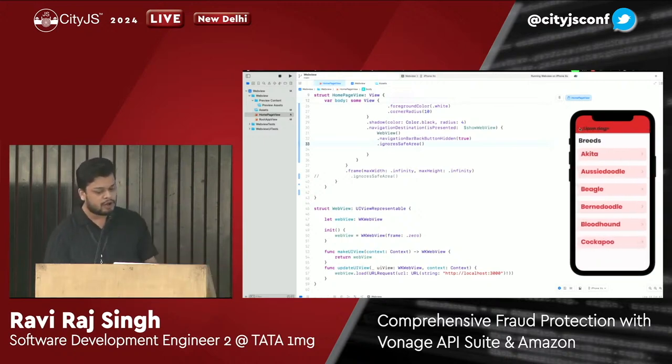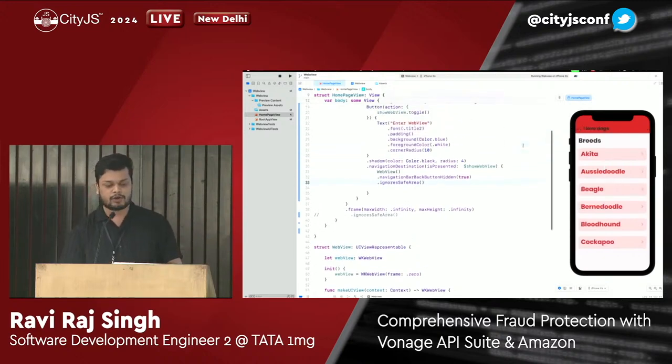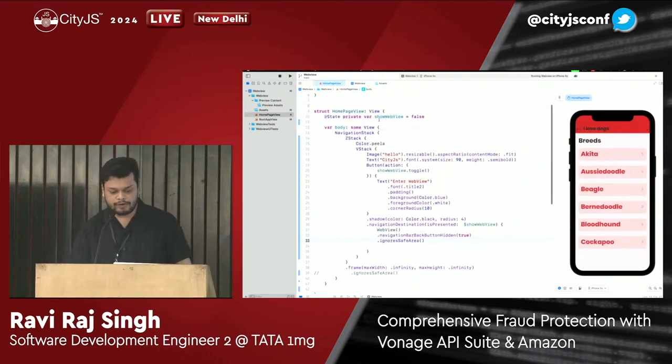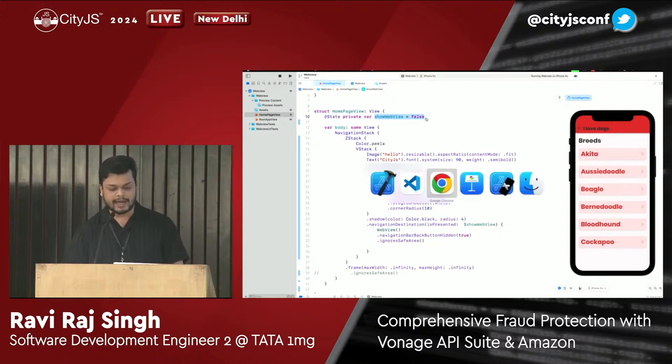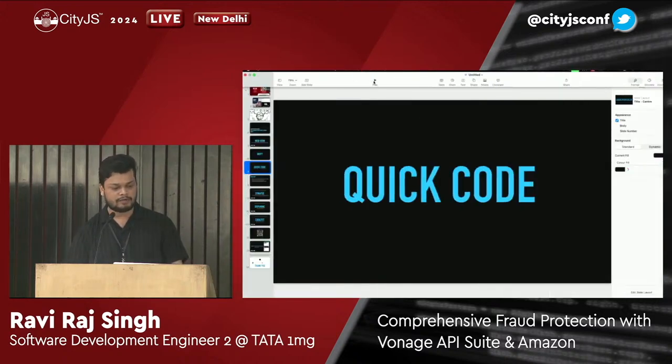Now, when I go back on my landing page of the web application, it doesn't close the web view. And why doesn't it close? Because my web view is being driven by this state called show web view, and it is defined at native. So how can we toggle a native state from web? That means we need some kind of communication between